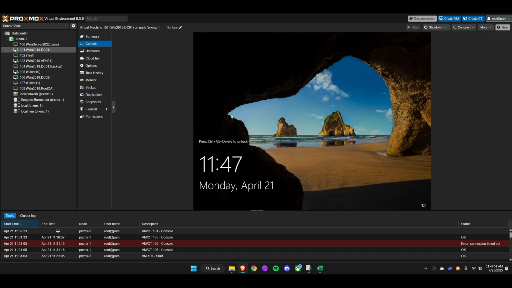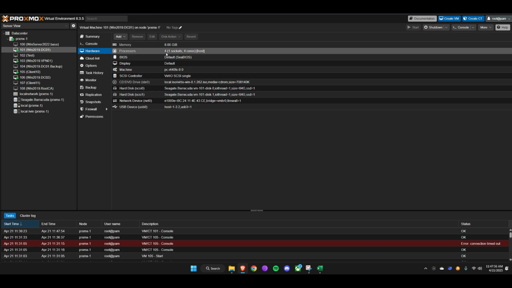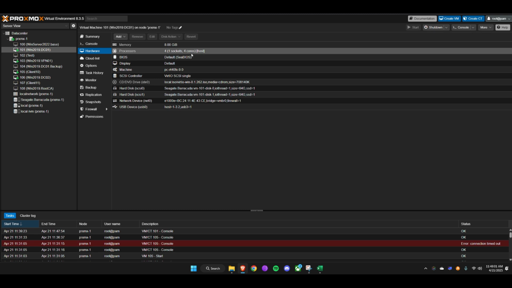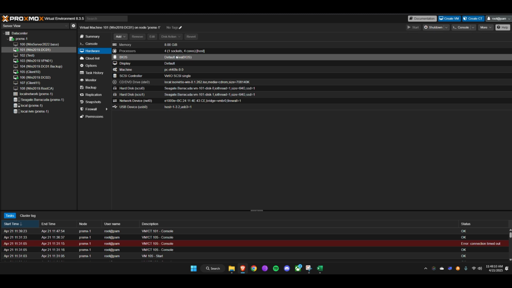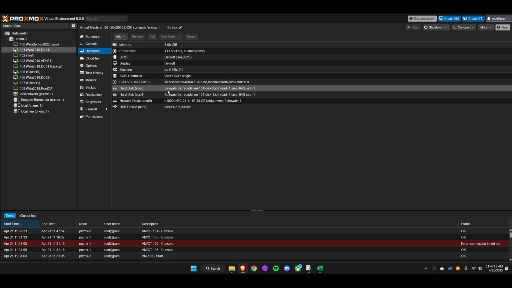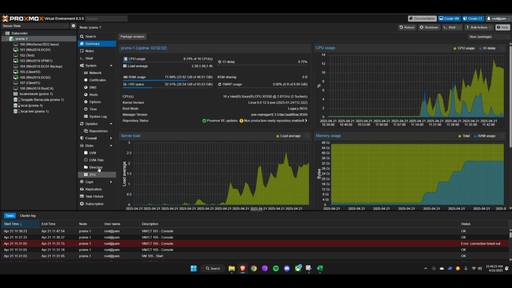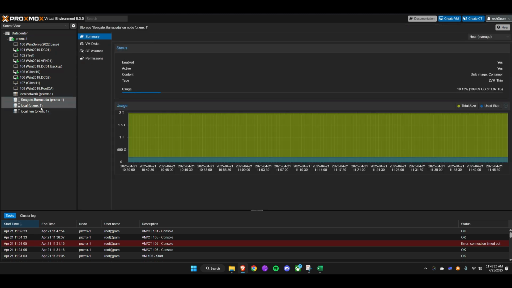But yeah, you can see with that hardware for each of these, I just have them running at 4 cores, which is just 4 logical cores. So technically, it's only using up 2 cores, 4 threads, and I just gave each and every single one about 64 gigs of memory, as you can see there. And then I have it on a Seagate Barracuda, which is a secondary storage device. You can see here, these are the two different